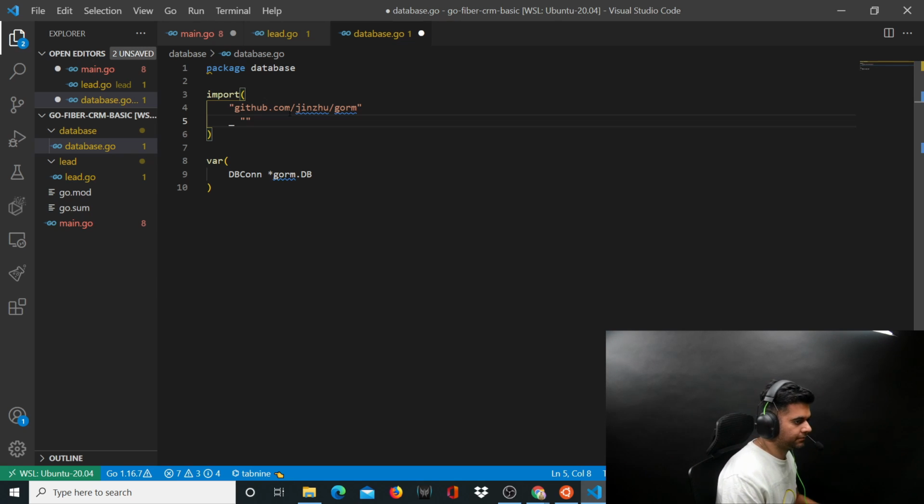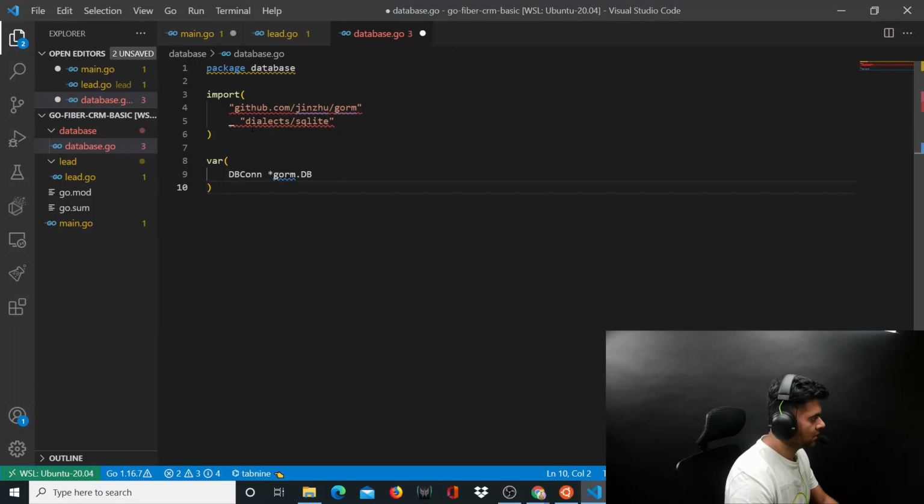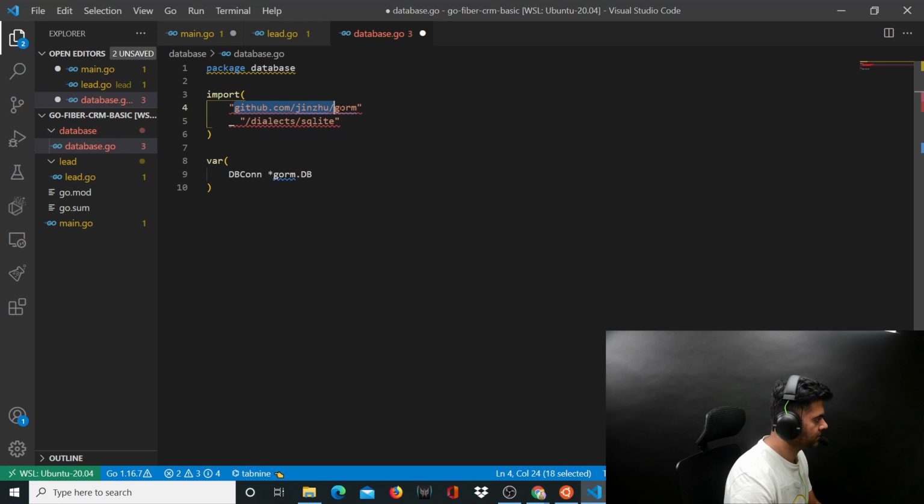Inside GORM, we have something called dialects, and you get Sqlite. So dialects basically means language, right? So inside GORM, what language do you want to use? So we want to use the Sqlite support language, basically, to be able to connect our Golang with Sqlite. So what you want to do is you want to put a slash here and then just copy and paste it here,